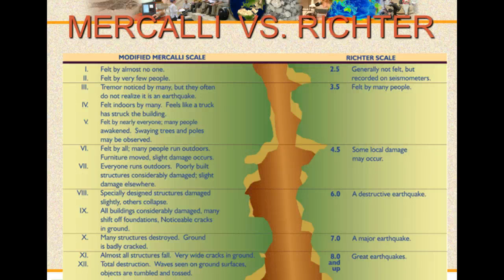Lastly is the modified Mercalli scale that you see here on the left. While the Richter scale mostly measures the science behind the earthquake, i.e. the amplitude of the waves or the energy in the waves or the direction of the waves, the Mercalli scale measures the damage the earthquake does to property and people. Write that down. We don't often hear an earthquake's Mercalli scale measurement. The news often reports the Richter scale measurement for the most part.